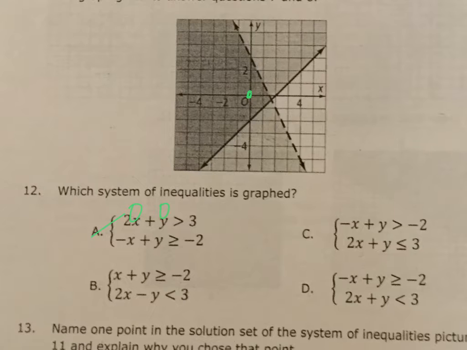But you know, I love to do these, so I'm going to go through and do it the other way, where I'm going to solve all of these for y, and see what I get. So here I have y is greater than negative 2x plus 3. I'm going to see if that line is graphed. So here's my plus 3, negative 2, down 2 over 1. It looks like that's that line, so that's good. It says greater than, but,